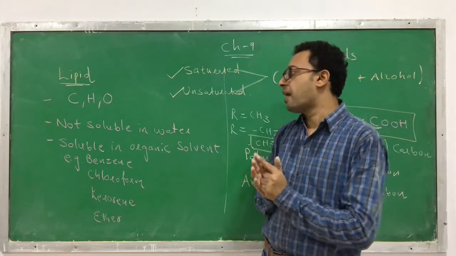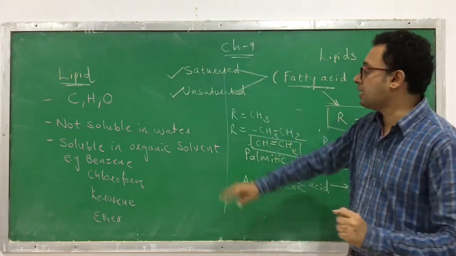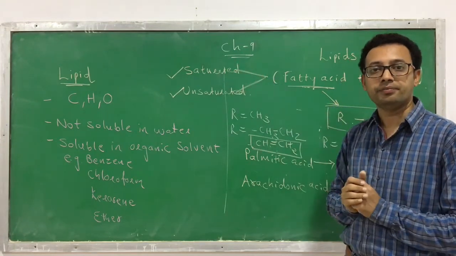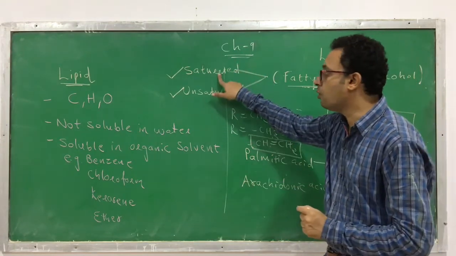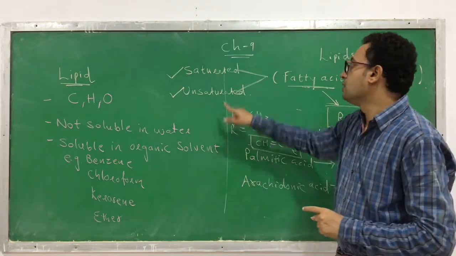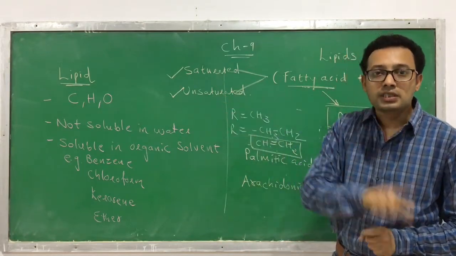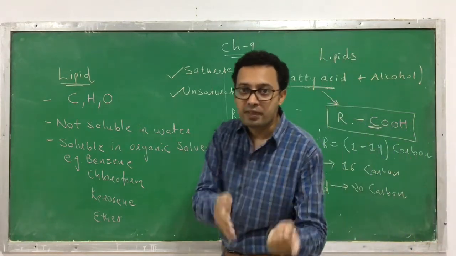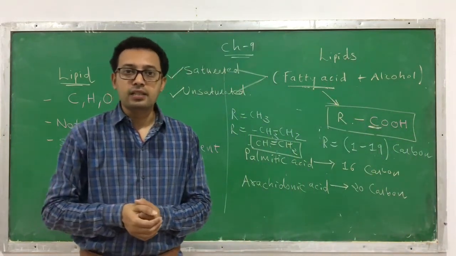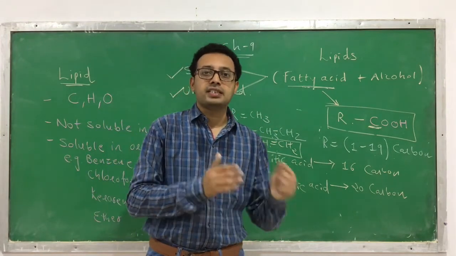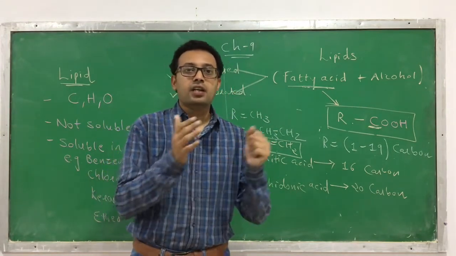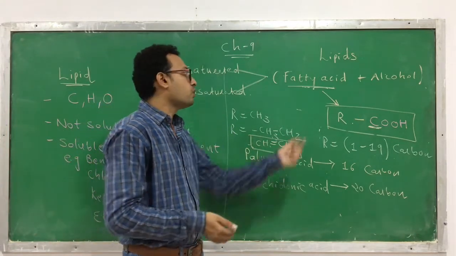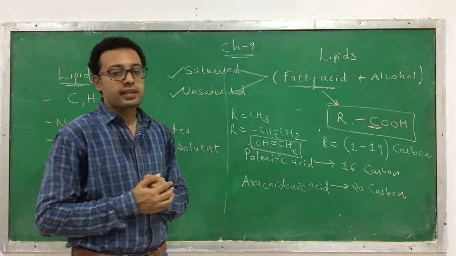But from a biology point of view, you have to remember that there are two types of fatty acid, saturated and unsaturated. Saturated has a single bond, no double bond. Unsaturated has both single bonds as well as double bonds. The number of double bonds may be one or more than one. Clear? So that is the types of fatty acid, saturated and unsaturated, long chain and short chain, and its structure. This is one of the components you can find in a lipid.